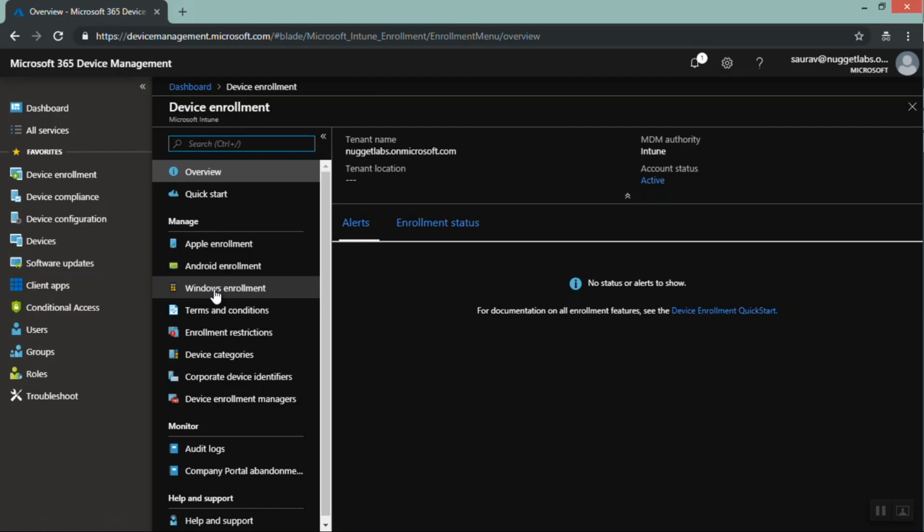So primarily there are two prerequisites that the admin has to do, mind you, not the end user. The admin has to do them so that the end users can enroll their devices to Intune. The first prerequisite is that the admin has to assign an EMS E3 or E5 license to the end